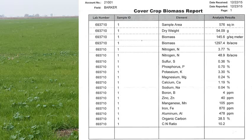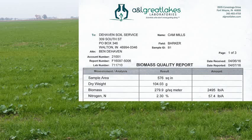You can see, we didn't take them out to poundages in this particular plot, but we were capturing everything that's out there. We're holding all nutrients and recycling them back into the system. That one, in this particular field, is in December. The same field here